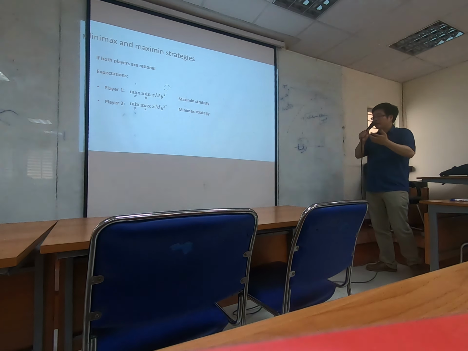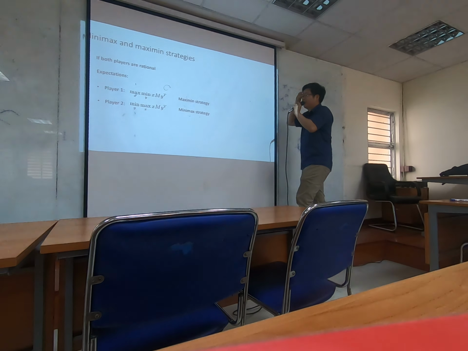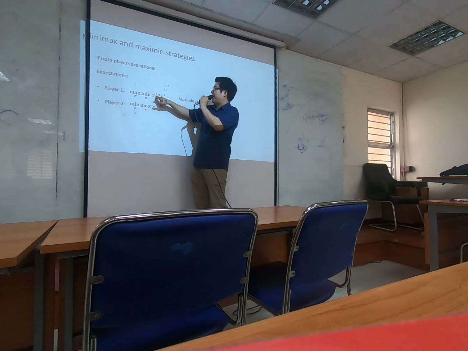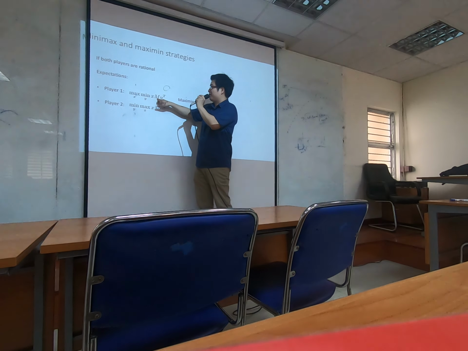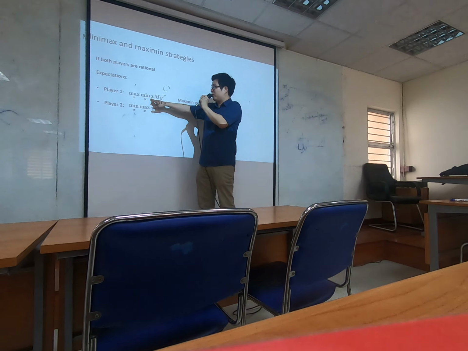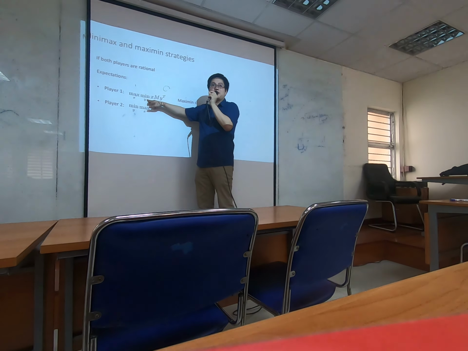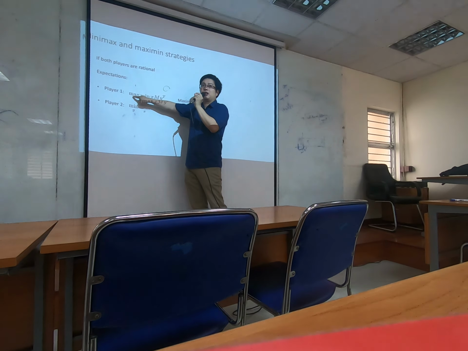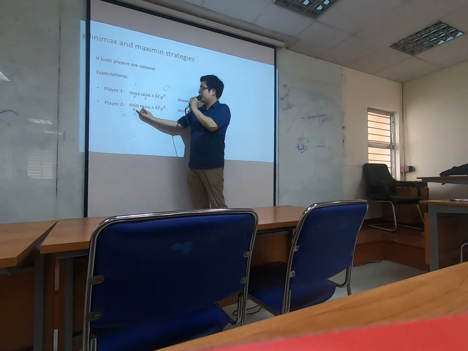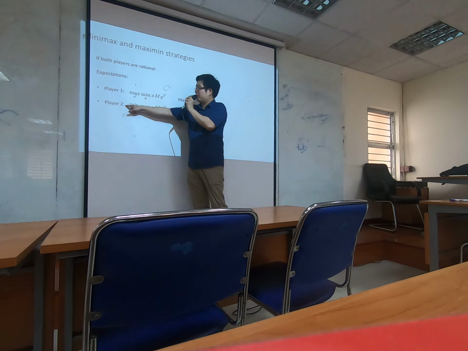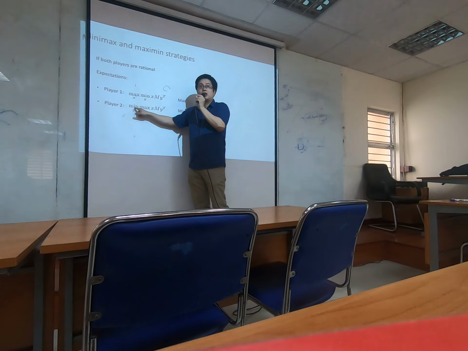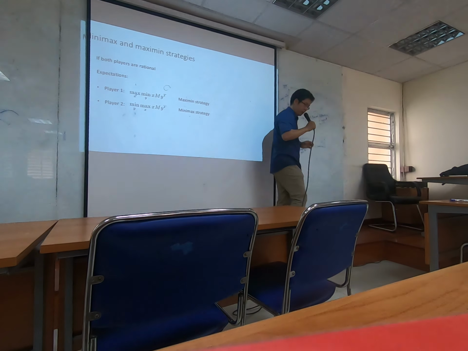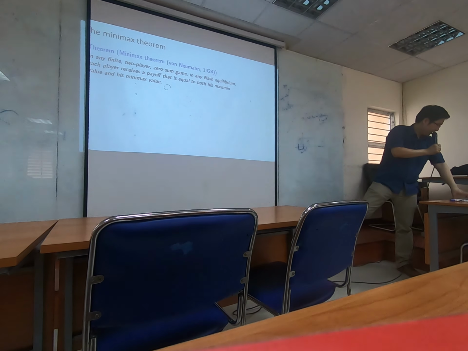So in this setting, in the zero-sum game setting, we have something called the minimax or maximin strategies. I want to maximize my payoff, but you want to minimize my payoff. So minimax means that I play max and you play min against me. Okay? Maximin is the opposite. Player 2 wants to play the minimum, and I want to play the max. Usually they are not the same in general-sum games, but in zero-sum games they are the same.